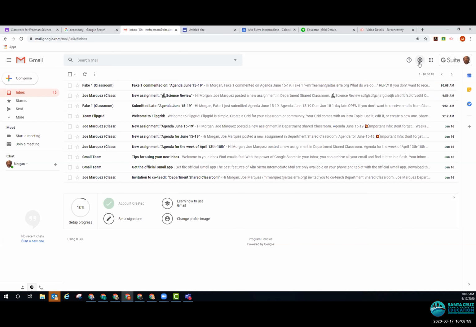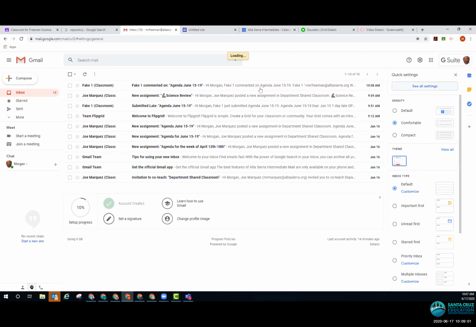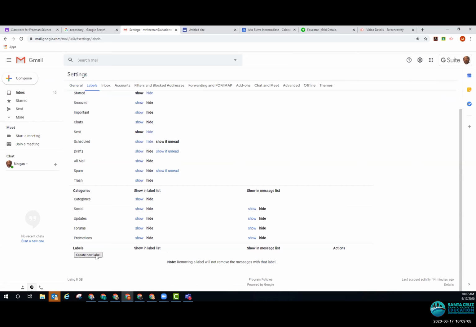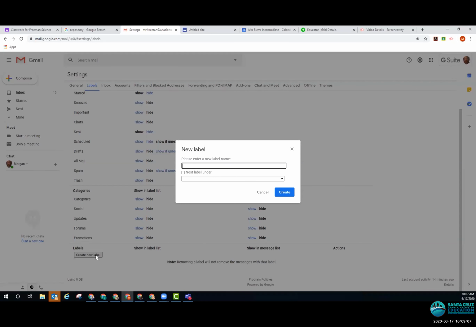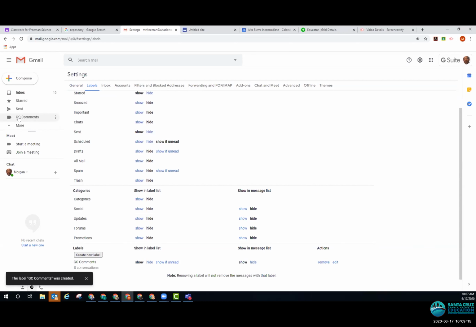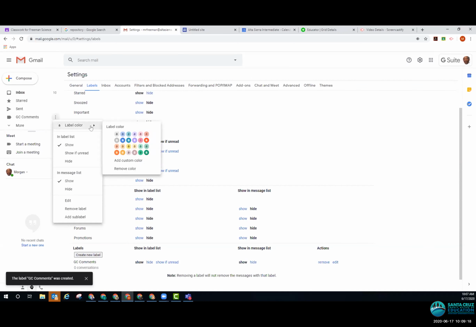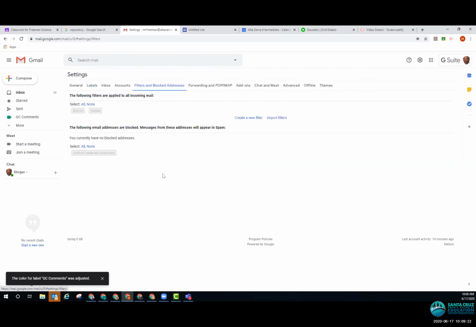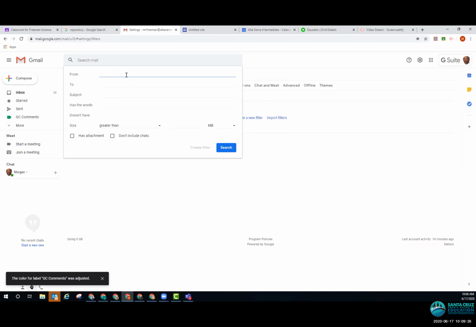The teachers can come to the settings and they can create a label. And this label can be called GC for Google Classroom comments. Done. They can hit create. So it creates a brand new tab, and I always color it because it's easier to find things that are in color. So there's my GC tab. And then I also always create a filter. So if it's from...